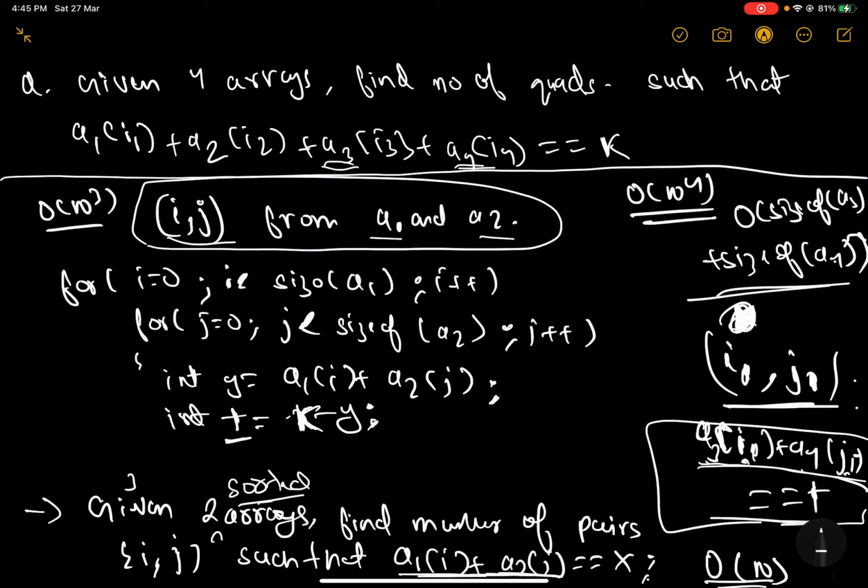All right, so basically you can solve this problem in O of n time. So let's just say, in the same way, I'm going to solve this problem for this target value t. For this target value t, I am going to find the number of indices i1 comma j1 in the arrays a3 and a4 such that the value of a3[i1] plus a4[j1] is equal to t, and that will take O of size of a3 plus size of a4 time.